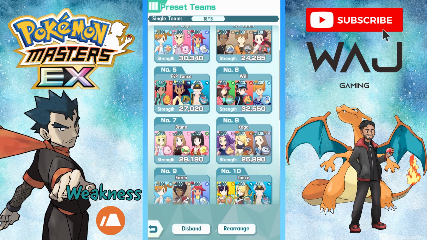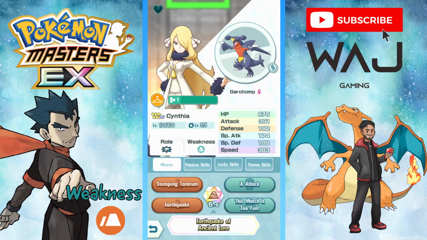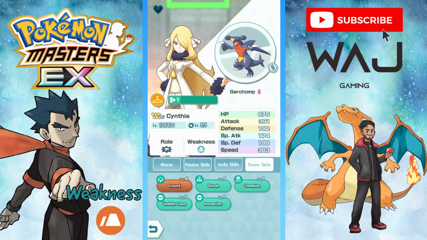For my full strength team against Koga, I'm going to be using Garchomp and the Sand team that I've got. So Garchomp will be there to attack, Acerola is there to flinch and to use Sand, Jasmine and Steelix is there to defend, and also just block as much as it can, so that Garchomp can do what Garchomp does best, and that's attack. So lucky skill I've got here, Surgeon Sand 2,